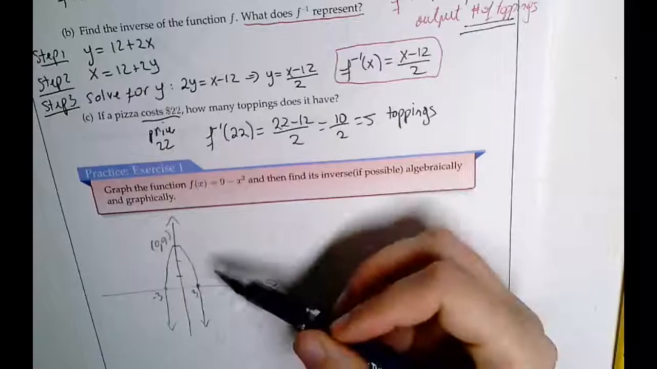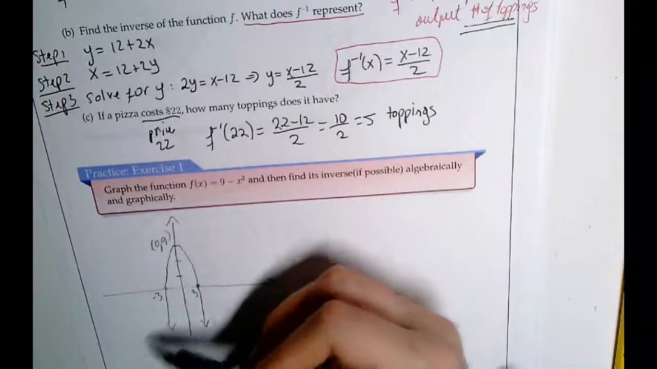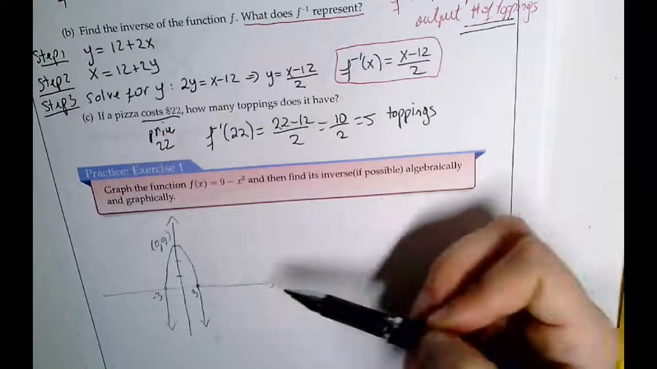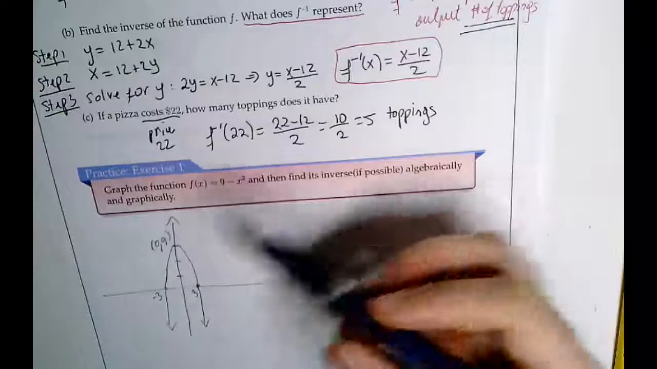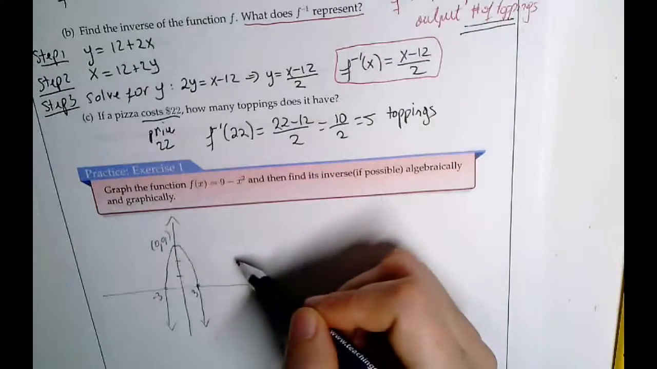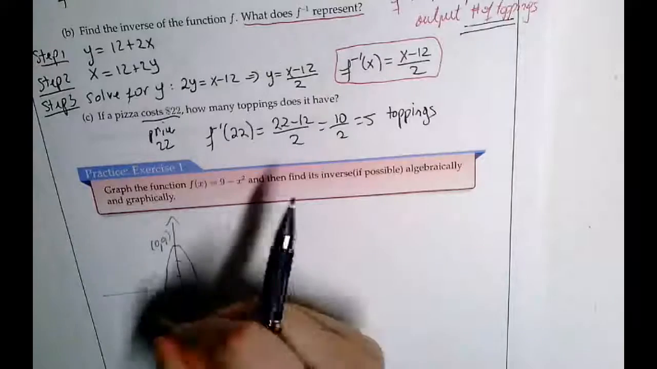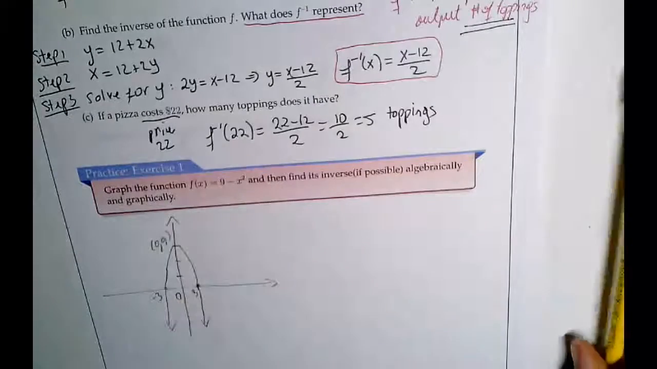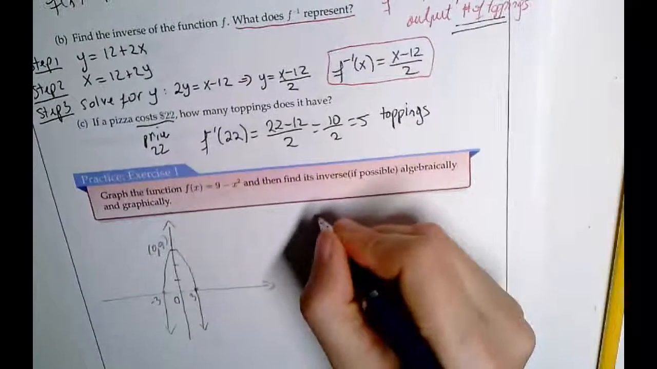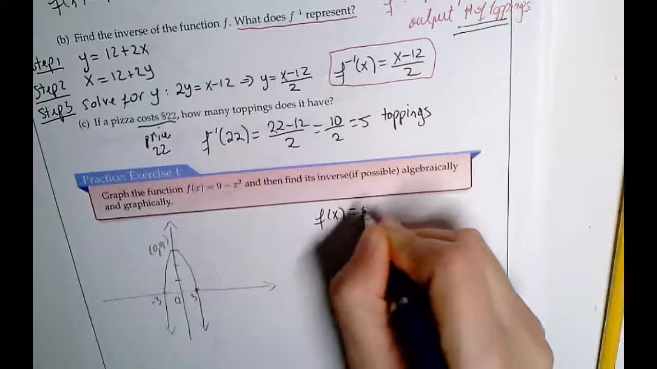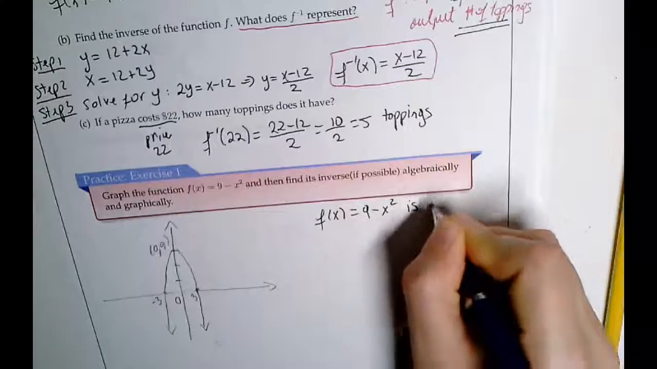Find its inverse. Is 9 minus x squared 1 to 1? Does it have an inverse on its entire domain? No, because it does not pass the horizontal line test. But if we restrict the domain, then we can find its inverse. So let's write in here. f of x equals 9 minus x squared is not 1-to-1